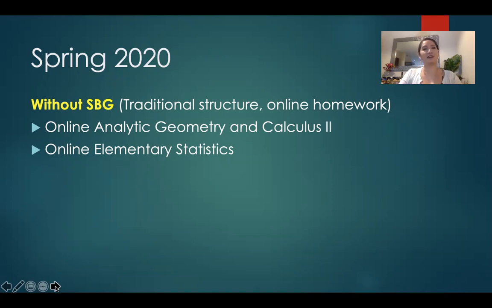So I was already trying to align the experience of my online students with my face-to-face students, although I was not breaking the content into the same number of pieces and giving the online students the opportunities to reassess because of the logistical issues with reassessment, and also because of how easy it is to find online calculators that will do Calculus 2 problems. And in my online elementary statistics class, I was primarily using resources provided to me by